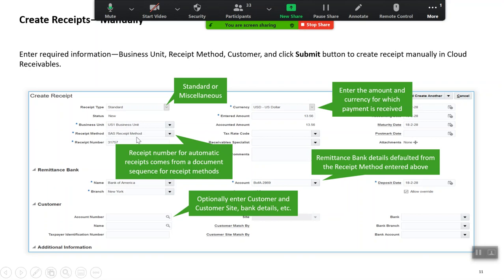We've selected a receipt method. What is a receipt method? Again, we discuss this in detail when we go to our key configuration, but receipt method is eventually a place wherein you can specify if it's a cash or if it's a check.